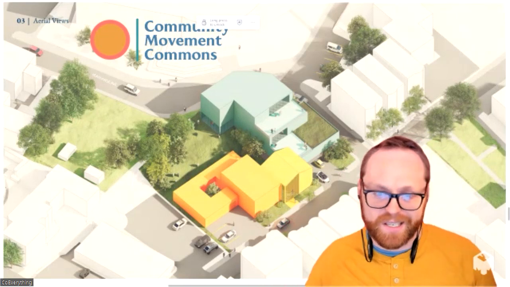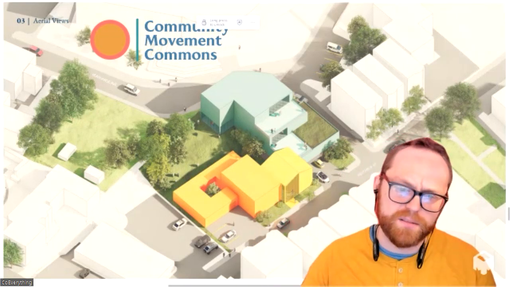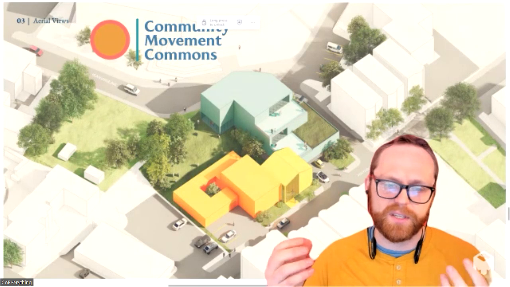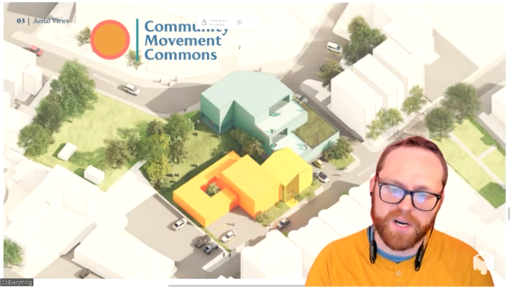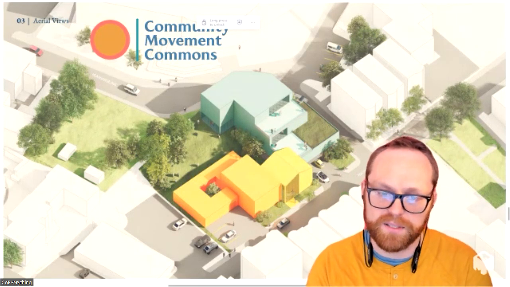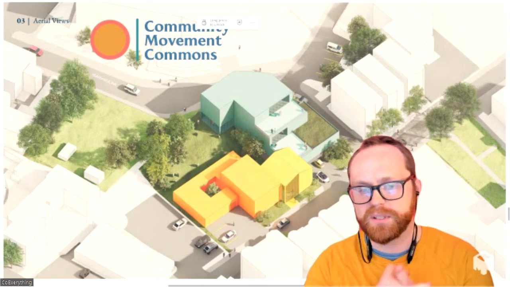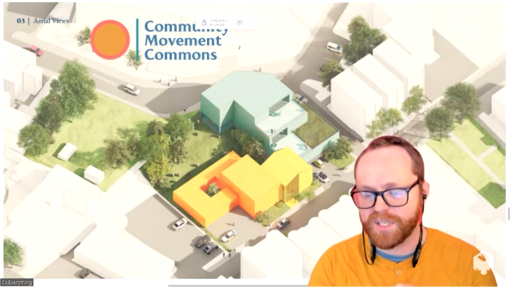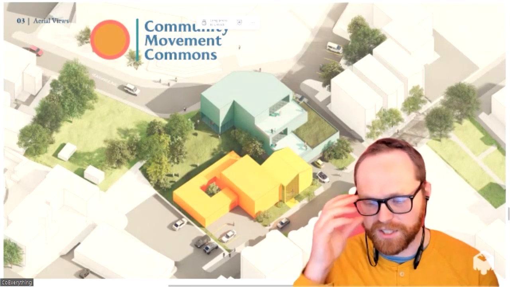So this looks like us creating new models for ownership so that the actual members of the nonprofit can develop properties themselves. And this includes a neighborhood birth center, so reproductive justice work.